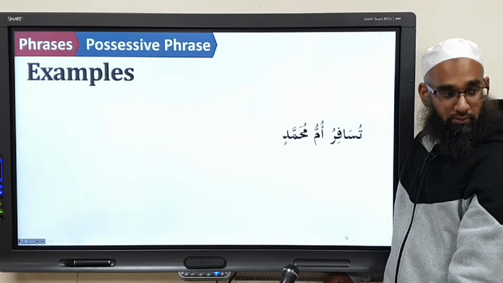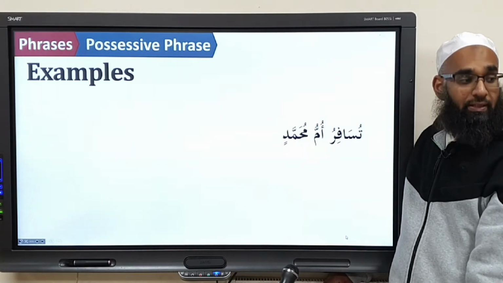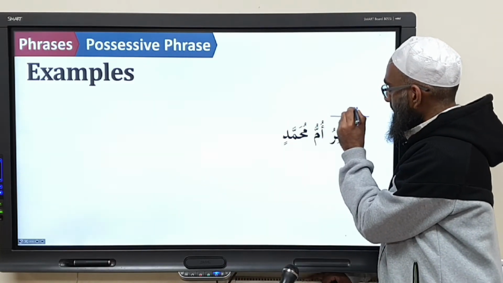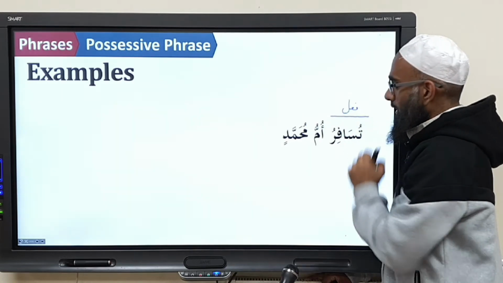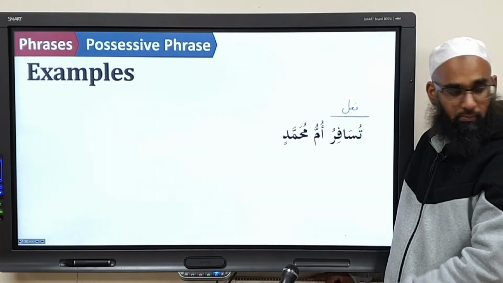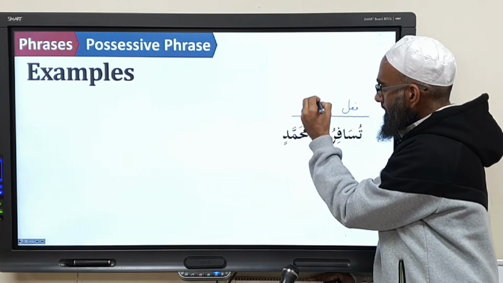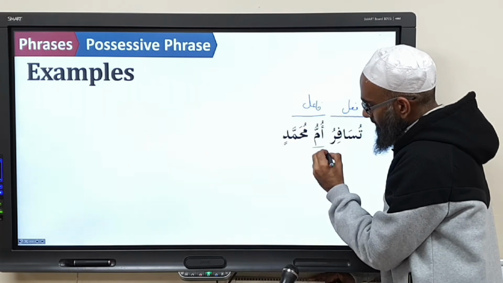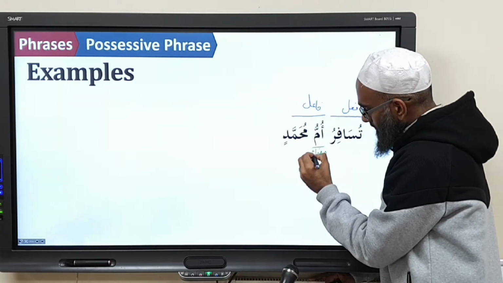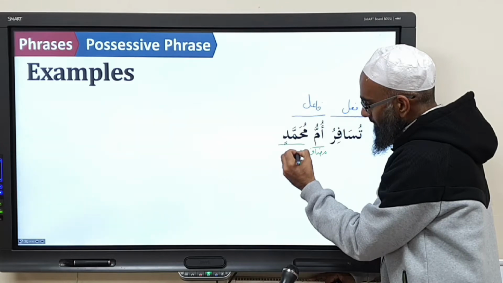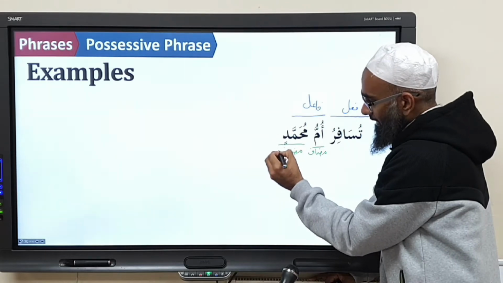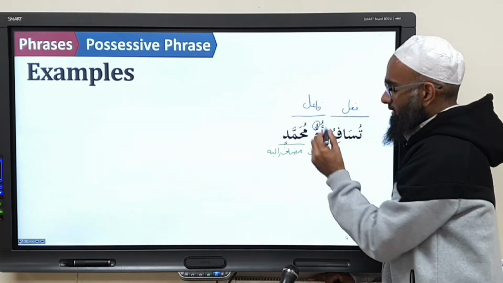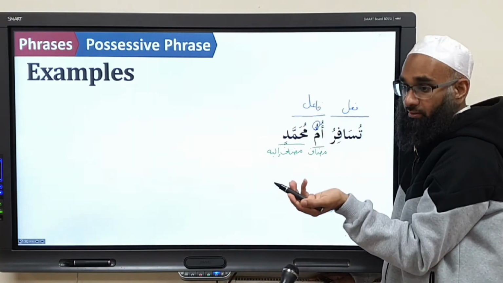Tusafiru. Tasafara yusafiru musafaratan. So is it? It's a fa'il. Tusafiru becomes fa'il. Muhammadin becomes fa'il. And what kind of structure is that? Ummu is going to be Mudaf, and Muhammadin is going to be Mudafun ilay. Okay? Ummu has a dhamma because it's a fa'il, but Muhammad doesn't want to